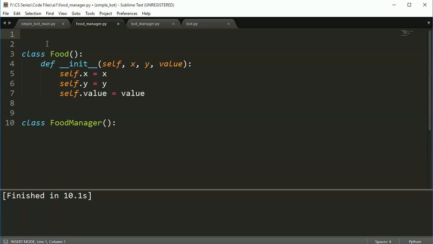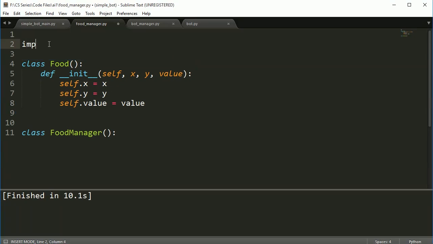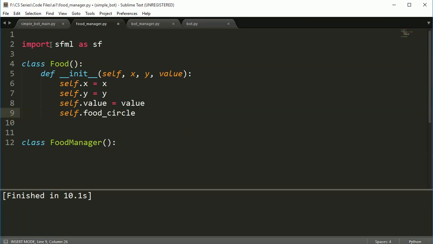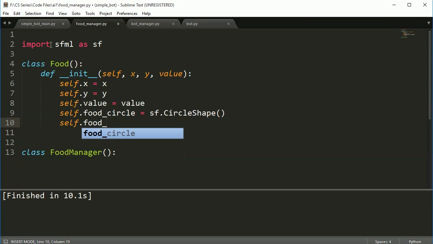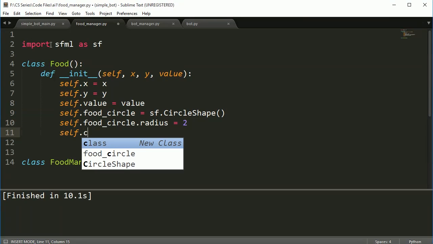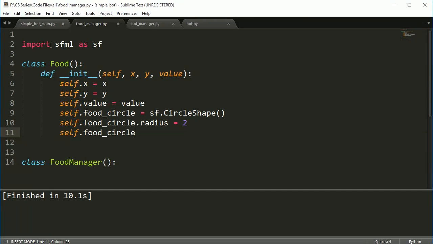So I need to import my graphics library, and I'm going to call this food circle equals ff circle shape, and self dot food circle dot radius, and we'll make our food a radius of 2, and we're going to go ahead and make, let's see,